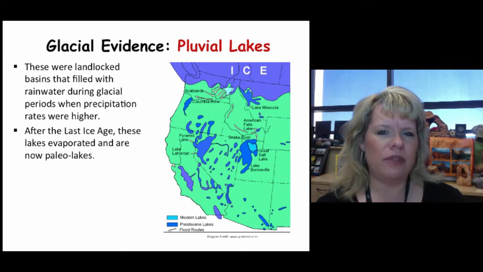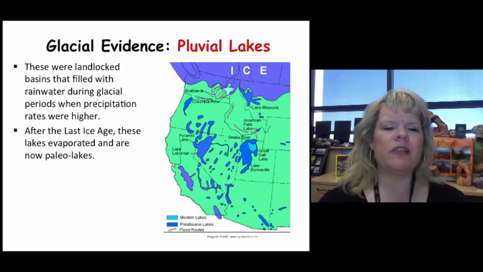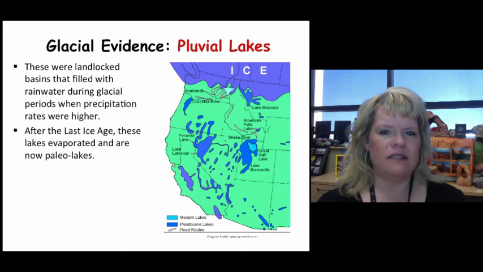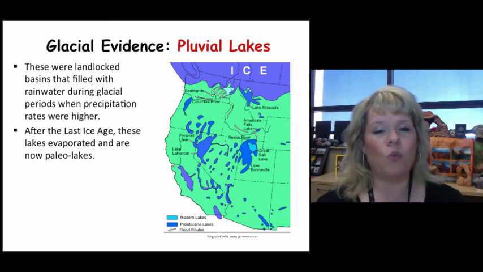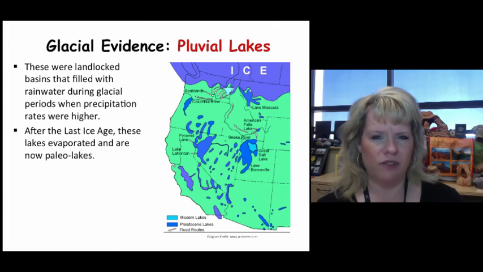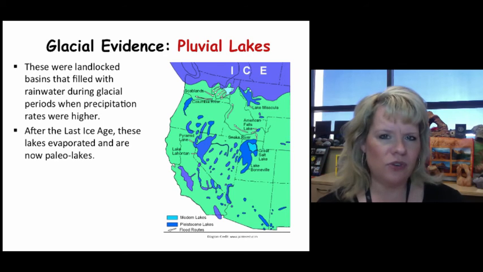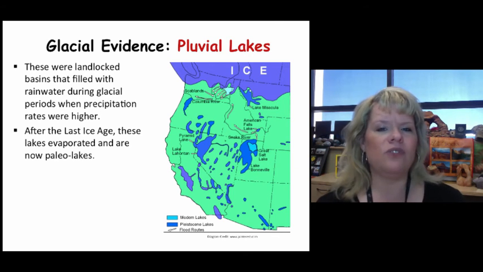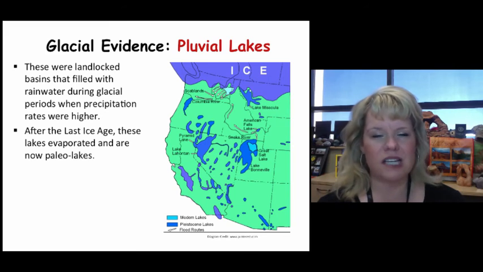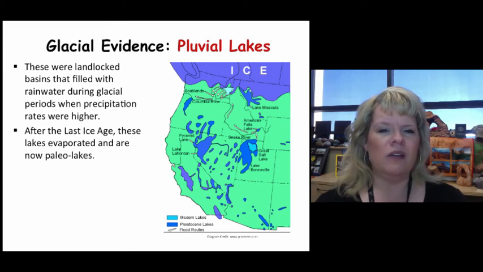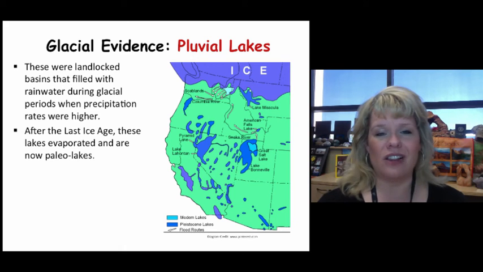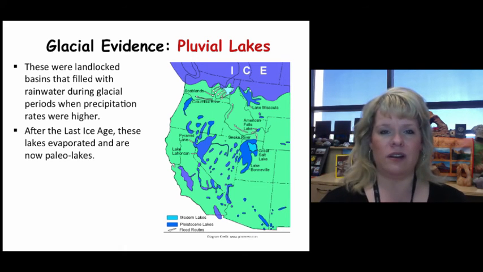Pluvial, and make sure you spell that with a P as in power instead of F as in fluvial. These are areas that were landlocked basins that filled up with rainwater during the wetter periods of glacial times. If you think back to physical geology, we talked about how you needed two conditions to form glaciers: cool enough temperatures and a wet enough climate, right? One without the other, you really don't get glacial advances because the budget of the glacier can't grow. But if you get wet enough and cool enough temperatures, you can start to do that. So the Ice Age would have had wet conditions during glacial cycles that could produce snow that would crystallize or